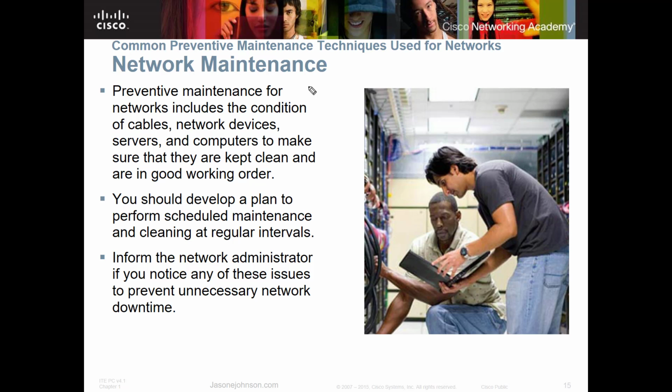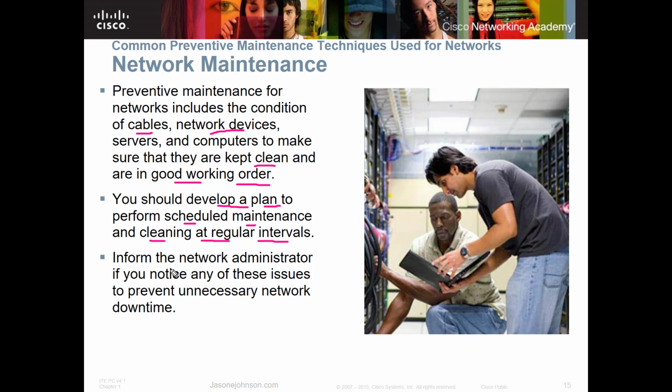Preventative maintenance for networks includes the condition of the cables. You don't want to run cables in an outdoor environment unless they're protected. You don't want to have cables being run over by a chair or have footwear traffic step on them, because those are going to degrade over time. So you want to make sure that your cables, your network devices, and the computers are kept clean and in good working order. You should develop a plan to perform scheduled maintenance and cleaning at regular intervals.